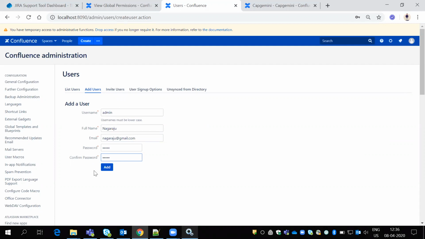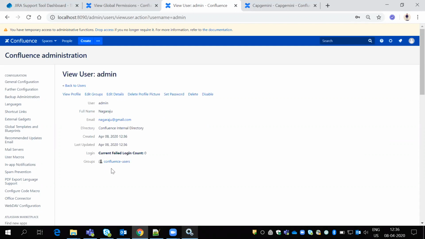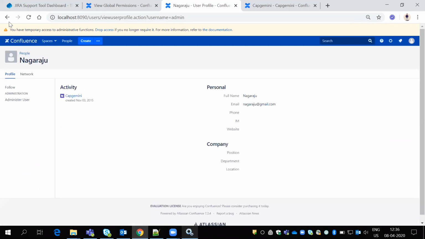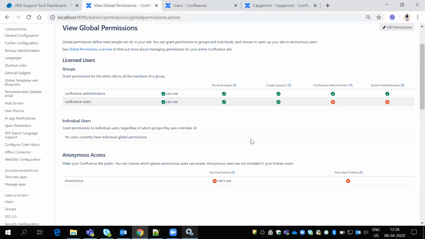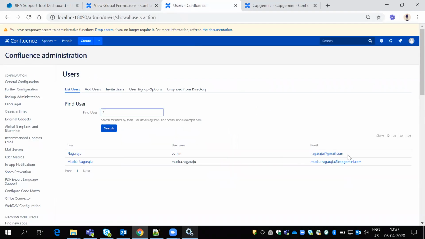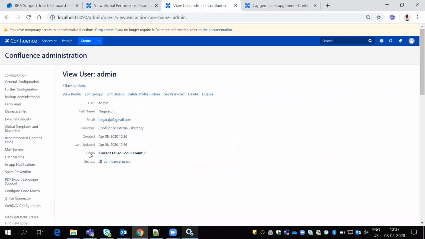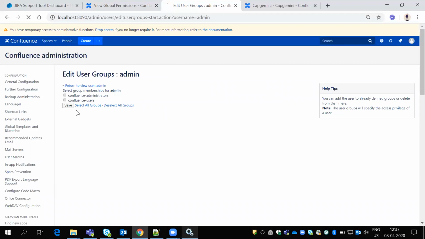Once I add one user here, back to the users list, and I refresh this. The group is in the Confluence group, so remove this, save.